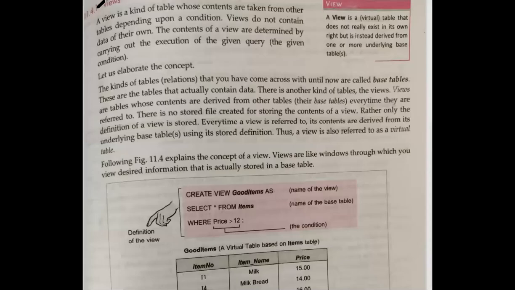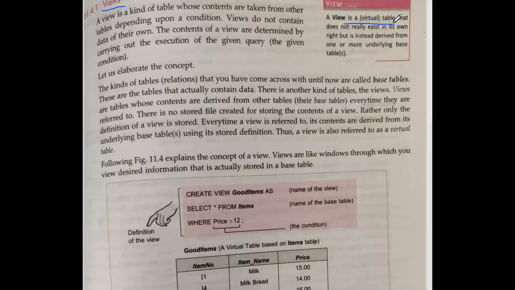Till yesterday we have discussed the basic introduction of DBMS, and today we'll discuss a few more points. The very first point is view. Now see how you are creating the table. In the same manner, you can create views also in MySQL, and views are nothing but virtual tables. You can see it is given also that it is a virtual table. Virtual means a sort of table which physically will not exist in MySQL or in the memory.